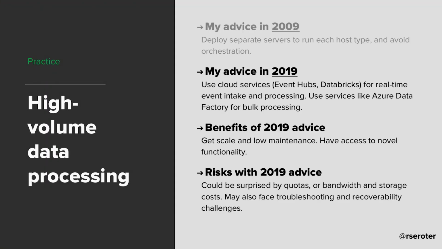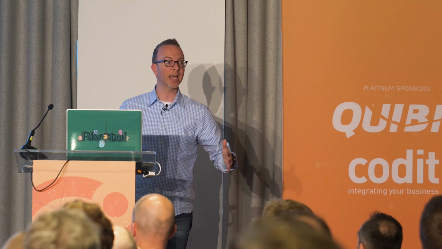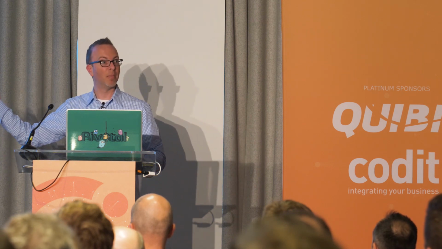There's some risk there though. Also, those quotas can catch me, or all of a sudden I'm paying some super high bandwidth charges, which I maybe wasn't expecting before, and even storage costs. Again, it's really hard to calculate cloud costs, I think, for normal humans, because it's not like, oh, well, 3 cents an hour for this thing, minus these 14 other charges that come in based on regional replication and things like that. So you just have to really model this out to make sure it won't bite you.